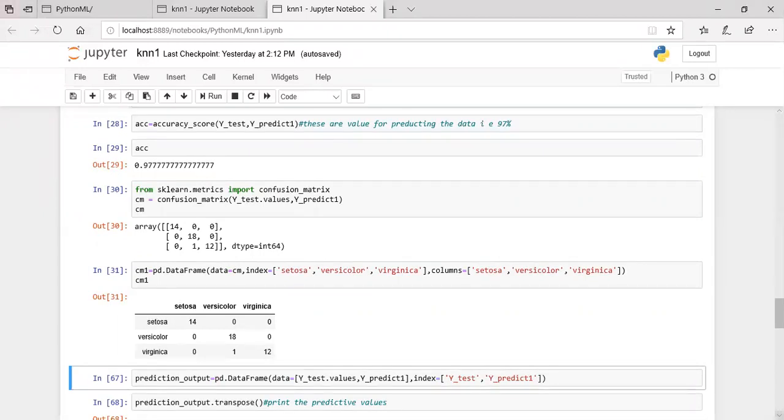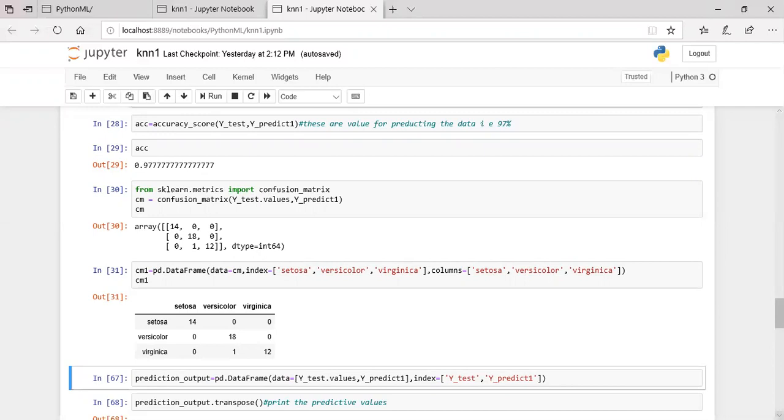Species is our predict variable. Here 14 were classified correctly. One was wrongly placed, mistakenly misclassified, in versicolor. Of 12 classified in versicolor, and there are 18 classified datasets.